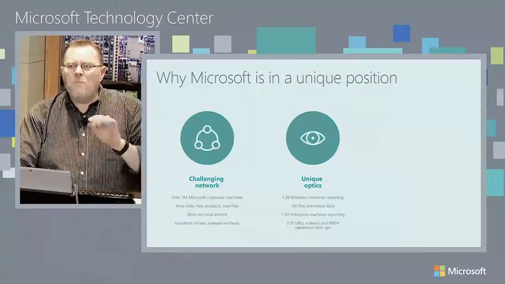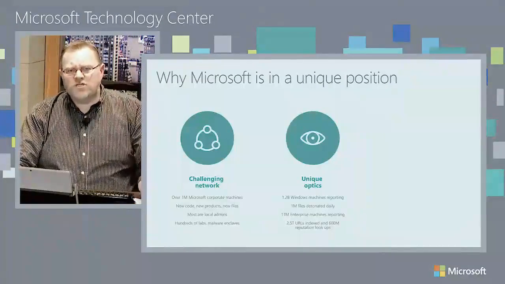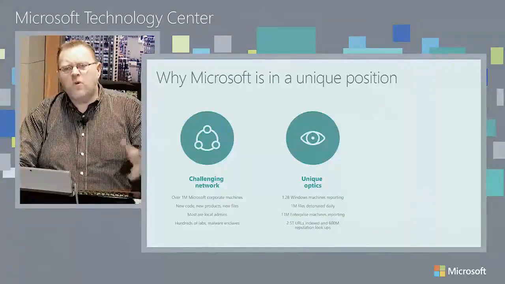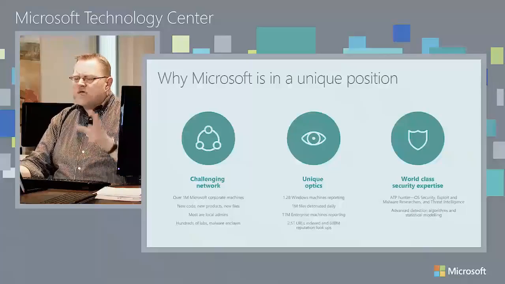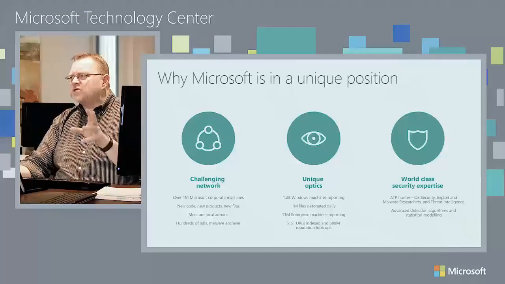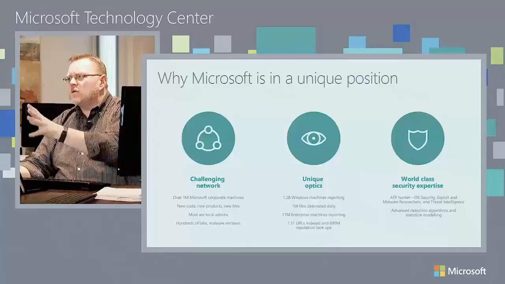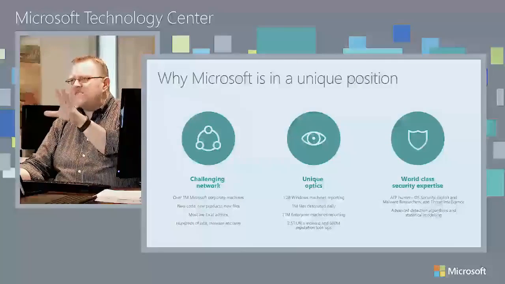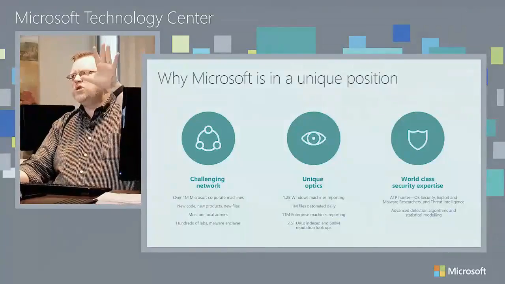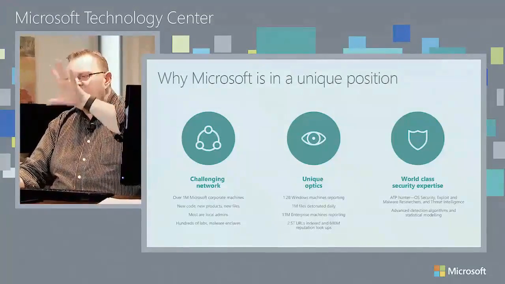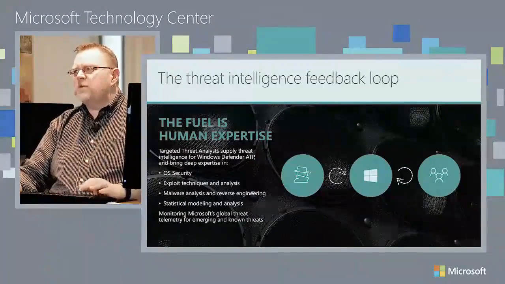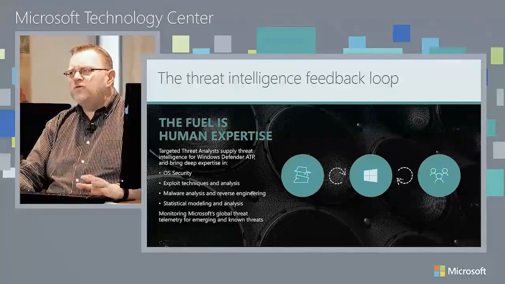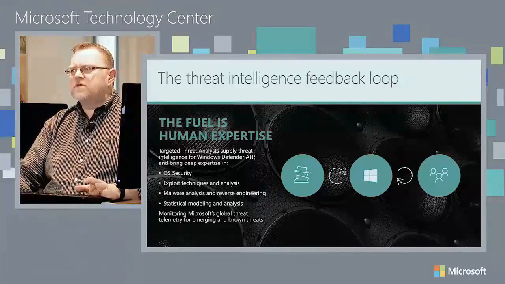We have over 1.2 billion Windows machines that are reporting telemetry back to us, reporting information back to us that we can then incorporate into our knowledge services sitting underneath there as well. And that reporting information is essential to allow us to bring forward this security expertise, to take advantage of building machine learning capabilities to use those unique optics to then look for these patterns and move forward. Now, we realize that one of the most important parts of this is the human fuel, where we have operating system security.